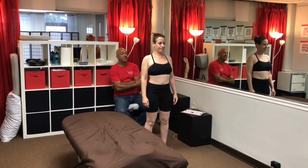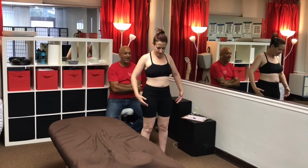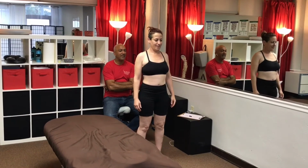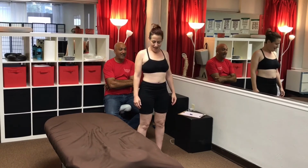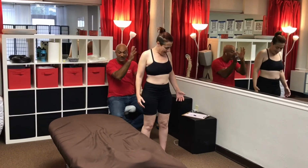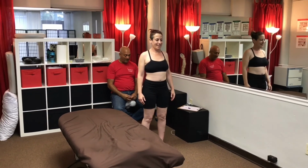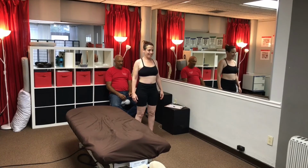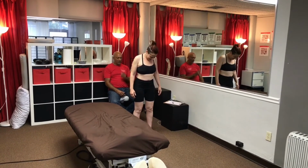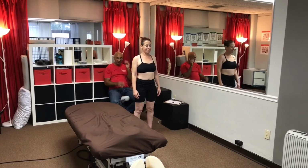So now Debo is off the table and we've worked on her lower body. Now we've just finished working on the upper body. And I really like the symmetry in your body. Even with military goggles on to try to find something, the only thing I can see is that the left heel tends to come in a little bit more than your right side. Other than that,